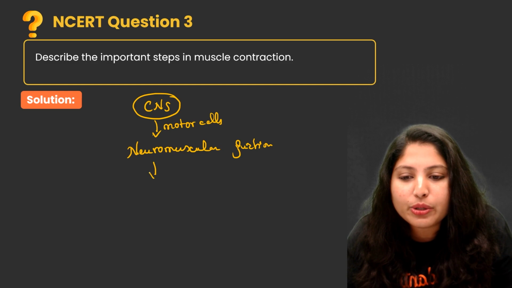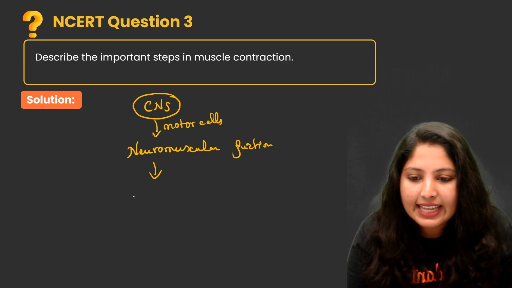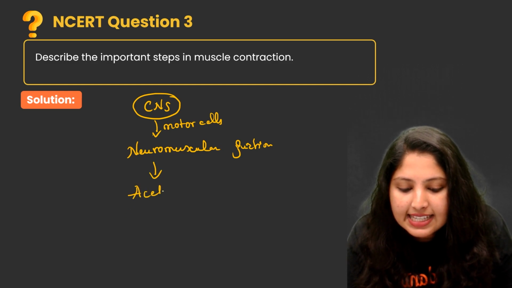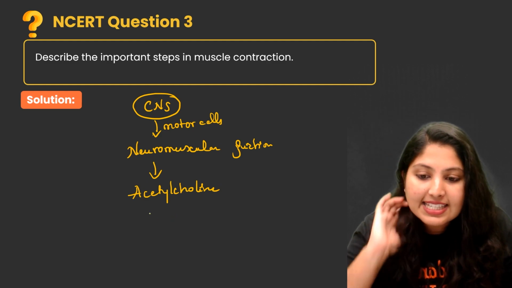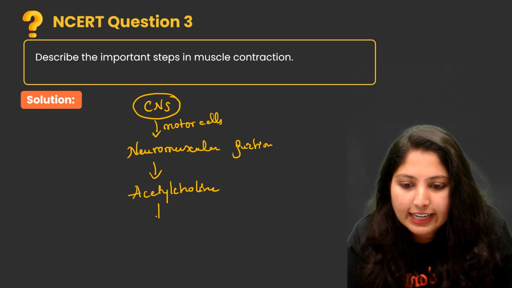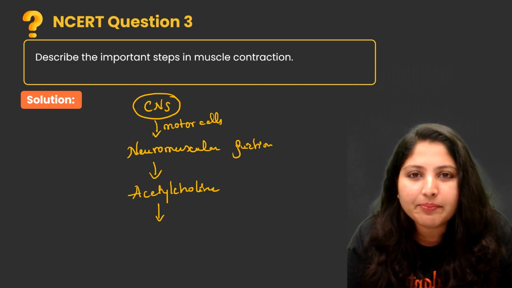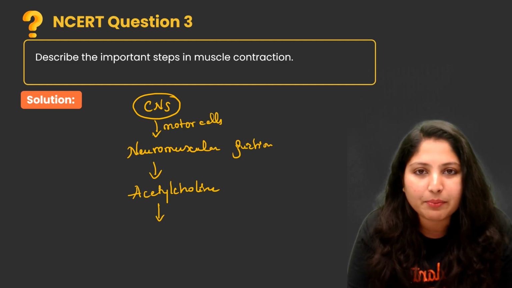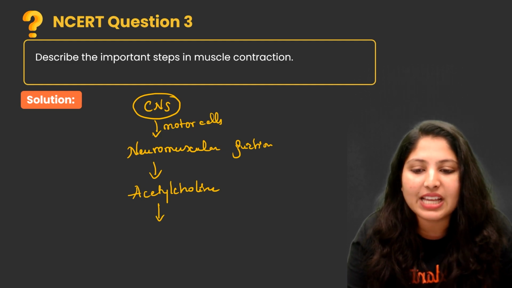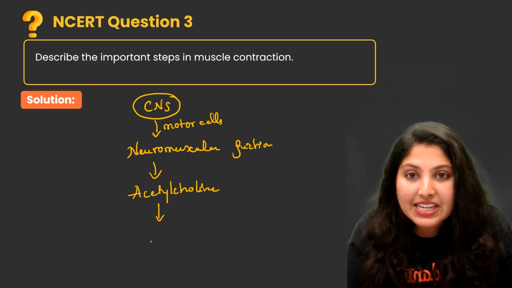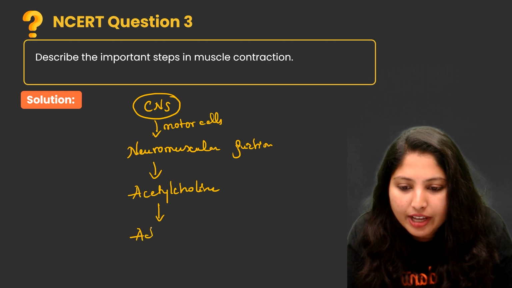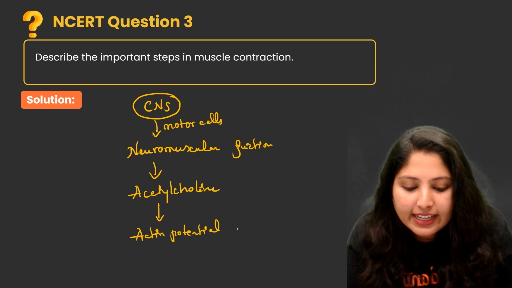At the neuromuscular junction, the motor cell releases a chemical. That chemical is known as acetylcholine. This acetylcholine is released into the sarcoplasm, and hence an action potential is generated in the